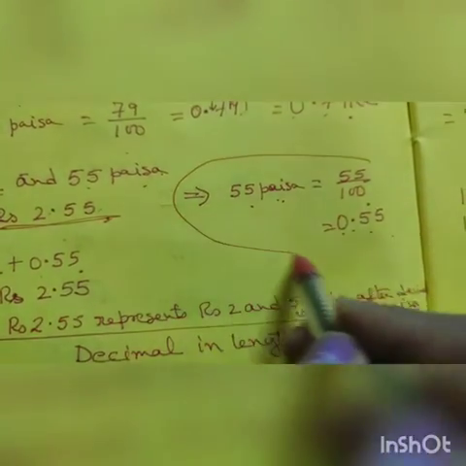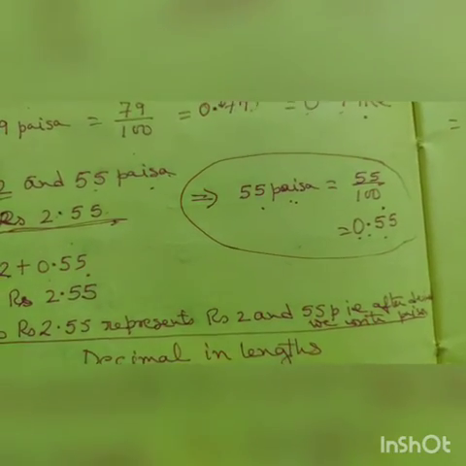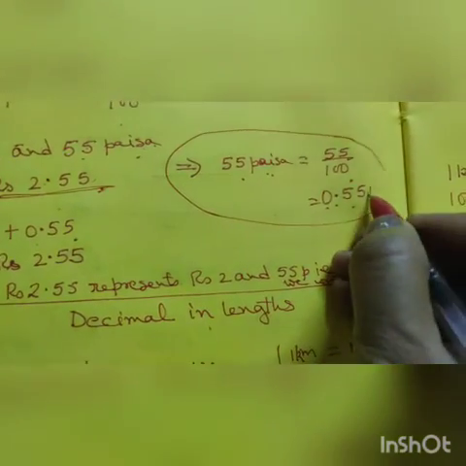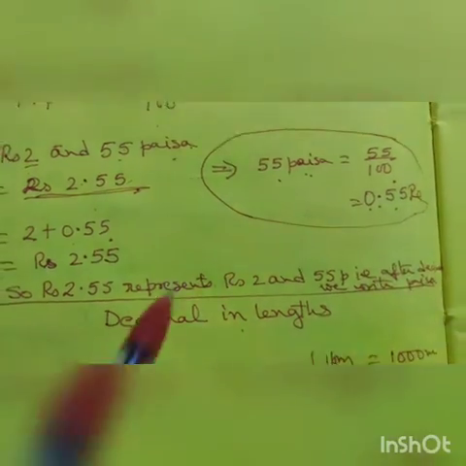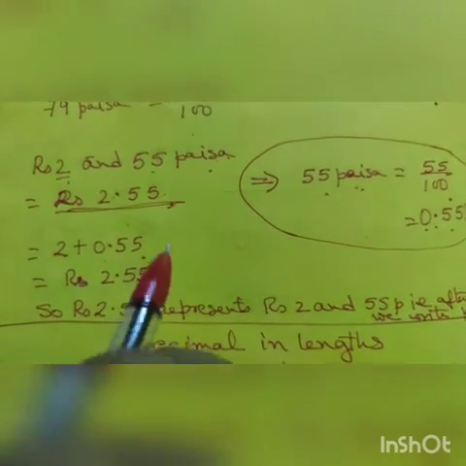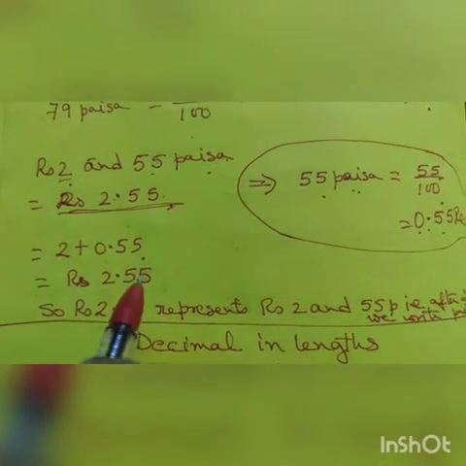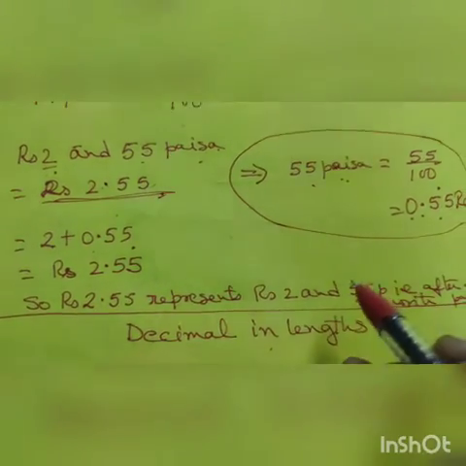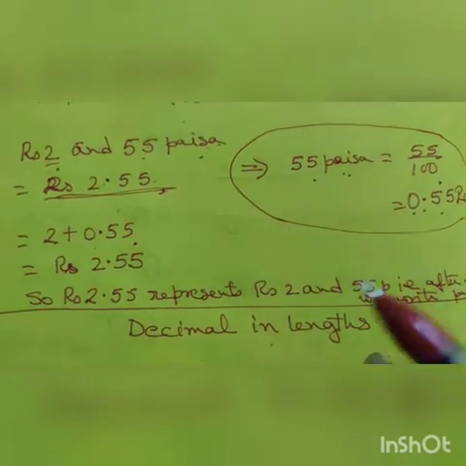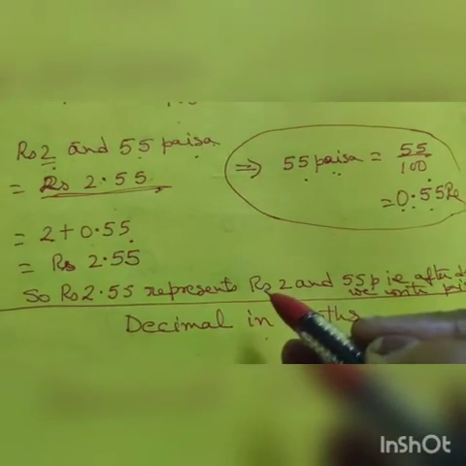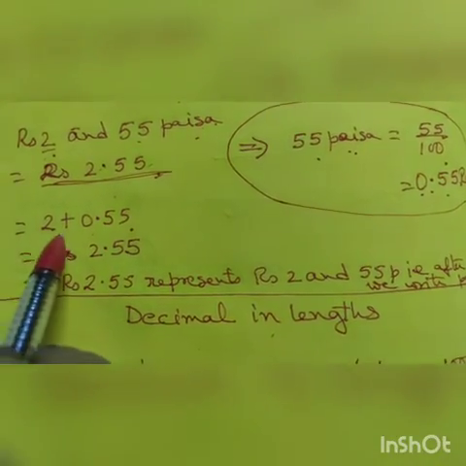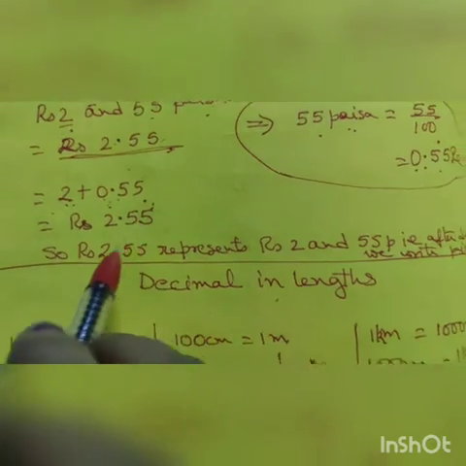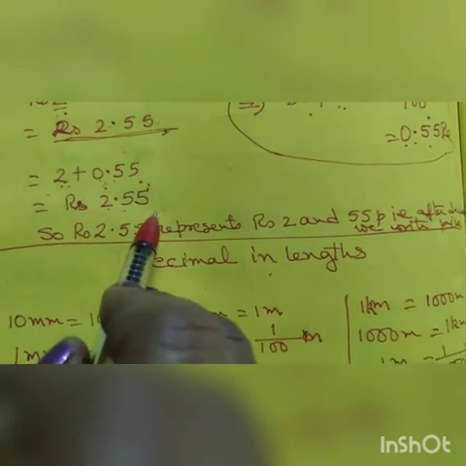This portion you have to show in rough work when you are solving a problem. Now, this 2 rupees is in rupee form, and this is also in rupee. And you know that when we add, all the numbers which we are adding should be in the same unit. If it is centimeter, it should be centimeter. If kilometer, it should be kilometer. If it's rupee, it should be rupee. So now since both are in rupee form, we can add 2 plus 0.55. When we add them up, we get 2.55.